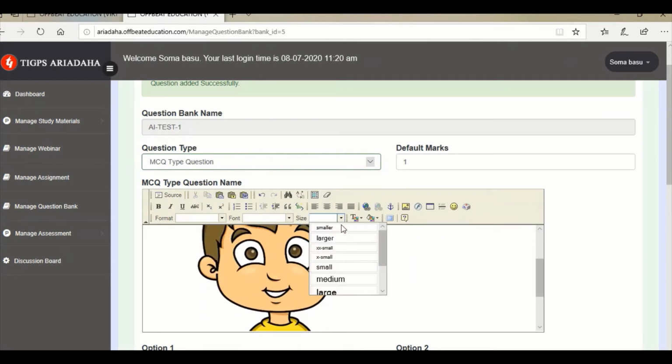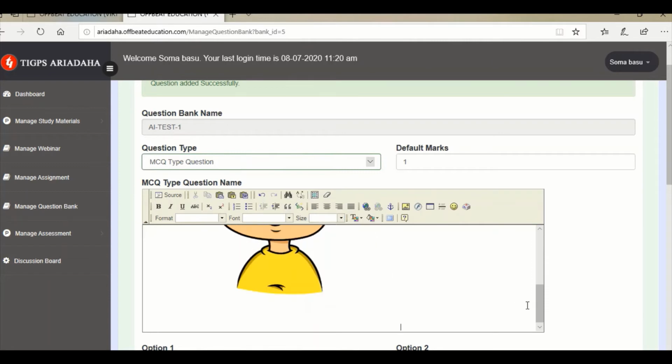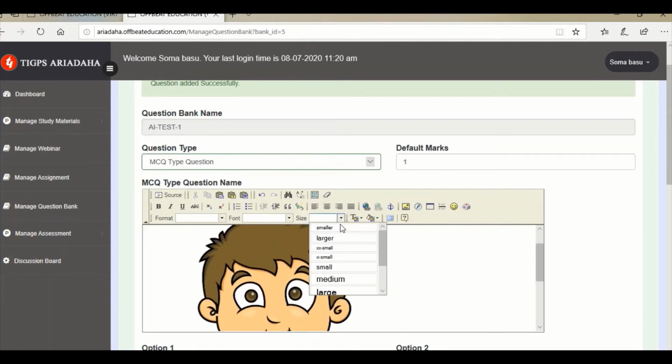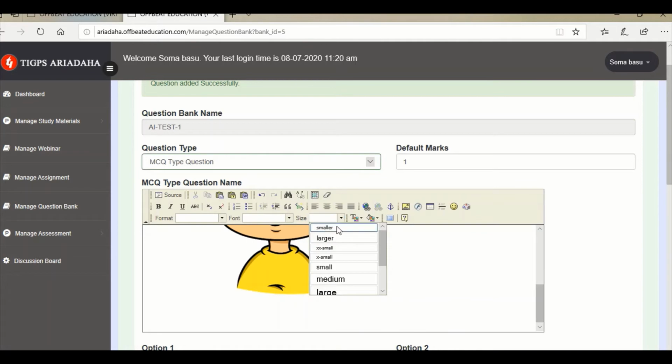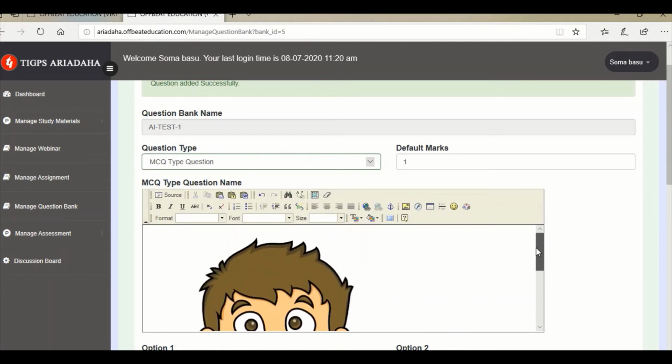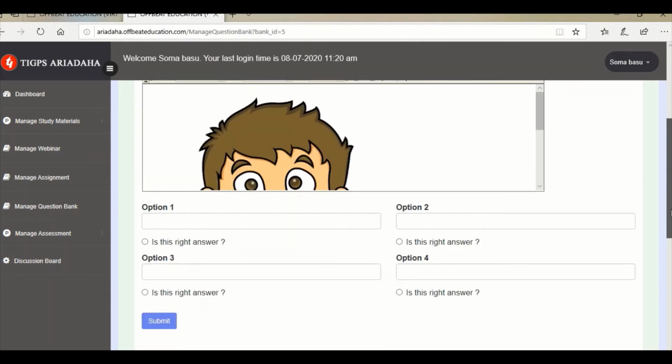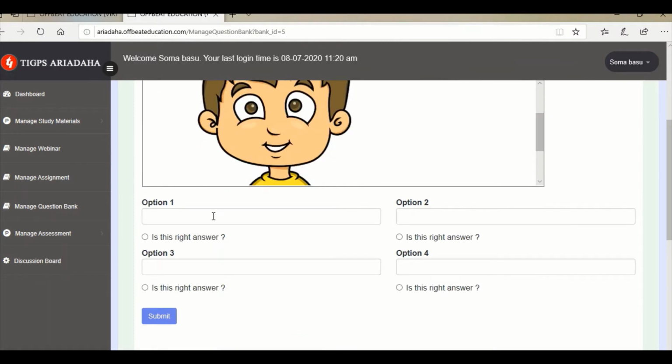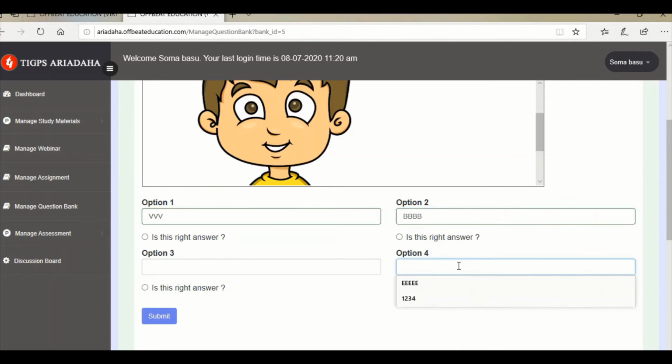You can change the size from here also, smaller size, medium size, so you can change it. So showing this picture you can give options. Any options we are giving. Okay, then suppose this is the right answer and I am submitting here.